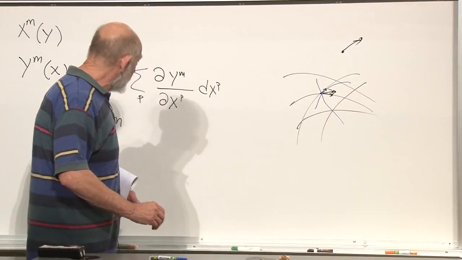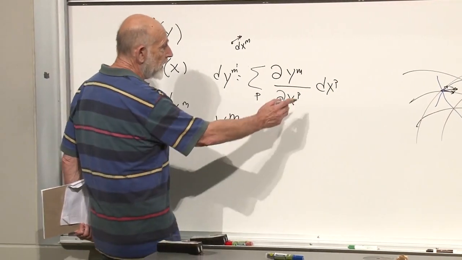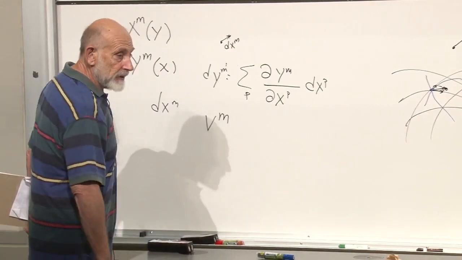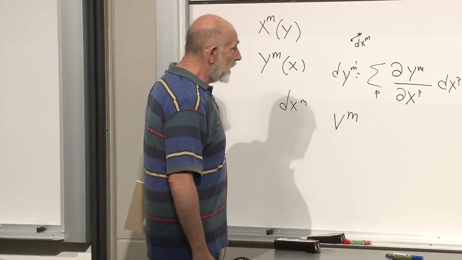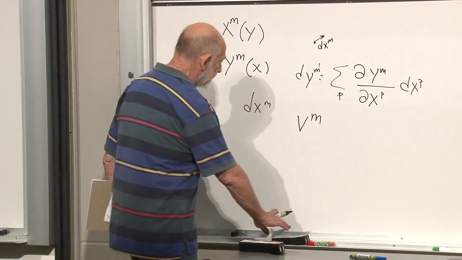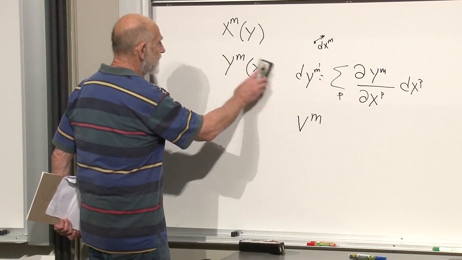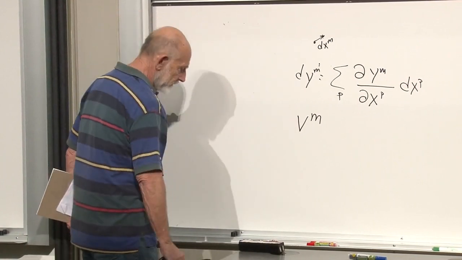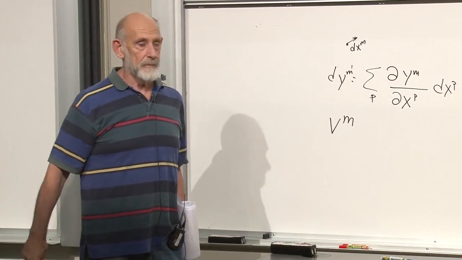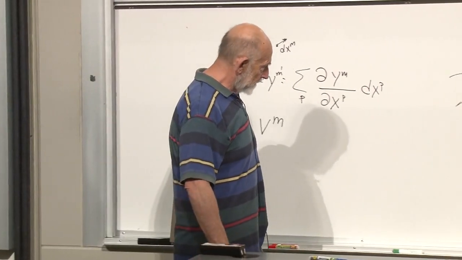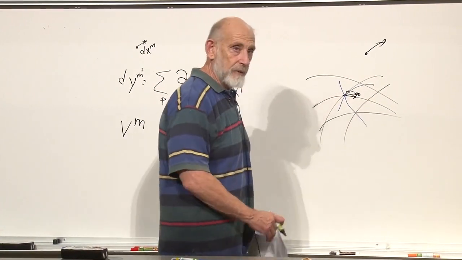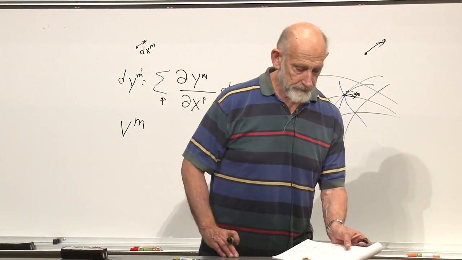Okay, so this is telling you, if I tell you what the dx's are for a specific vector over here, this tells you what the dy's are. This is the transformation property of the components of a vector. All right. Quick question. On your diagram of those curved coordinates, each one of those lines, does that represent all of the other coordinates being held constant, and you're just varying one component? Yes. That's right.